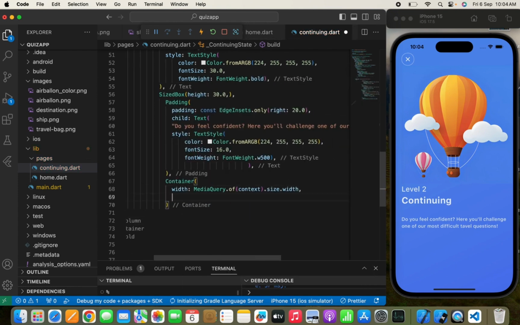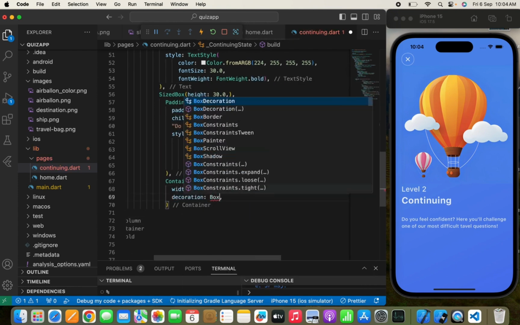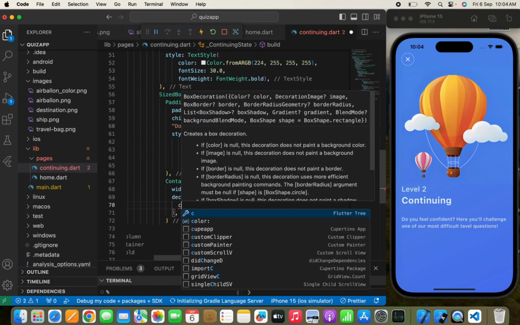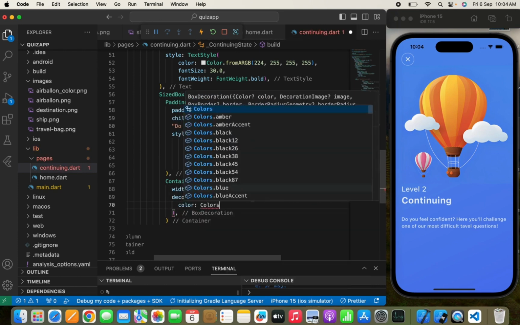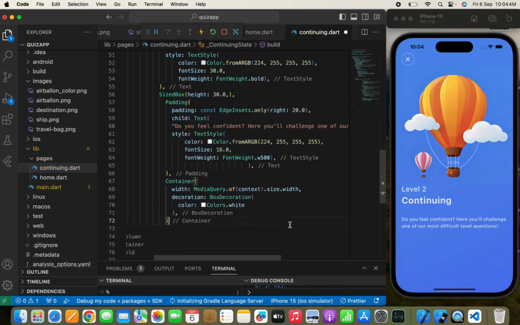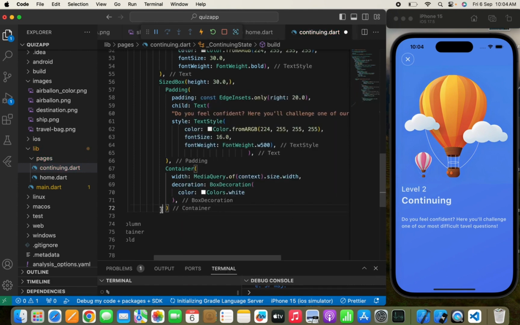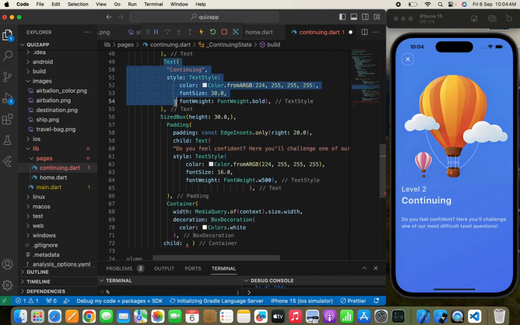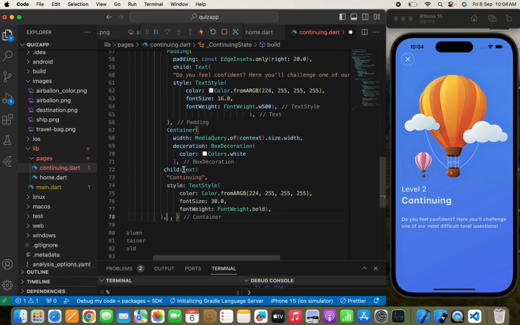Now after this I need to simply pass a decoration, BoxDecoration. Now the color which will be simply Colors.white, and here I need to pass a child and a text widget again. So why write a text widget again and again? We'll copy this, we'll paste it over here, and we'll simply change the text to continue. So here, and we'll write continue,